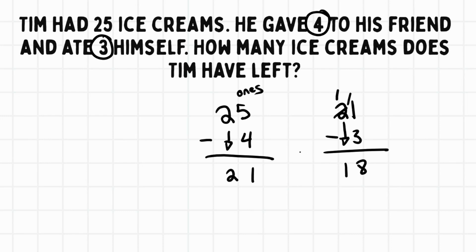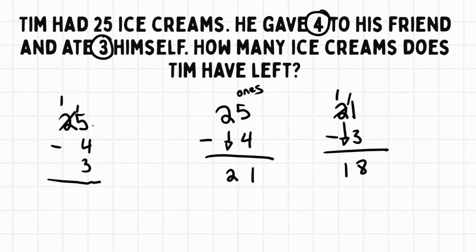Now, there was also another way of solving this problem. We could have subtracted all 3 numbers from each other right away. So I could have started off with 25 minus 4 minus 3. You can see here that 5 minus 4 is 1, but that I can't do 1 minus 3. So instead, I need to borrow from the 20, so this would have become a 1, and this would have